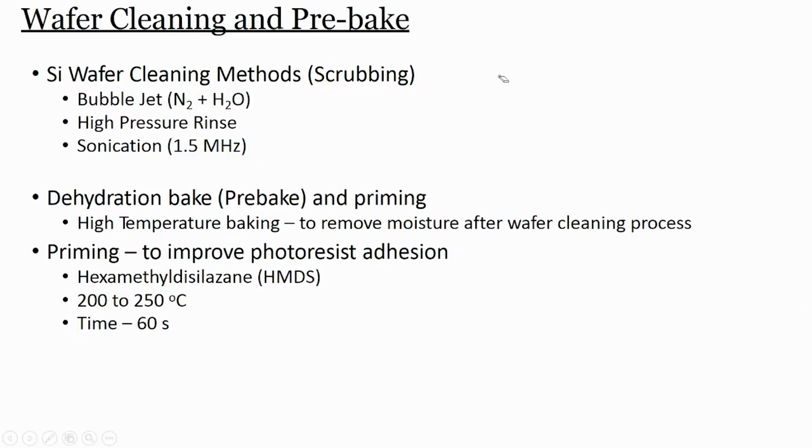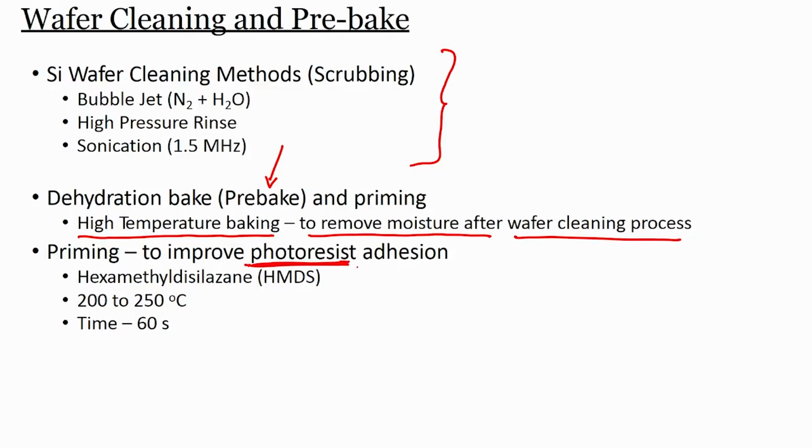Now, there can be moisture on the wafer after you perform these steps. So, how do we remove moisture or dehydrate the wafer? For that, we have to do high temperature baking, also called pre-baking, to remove moisture after the wafer cleaning process. Very easy. Next, to improve the adhesion, as I have told you, of photoresist onto the